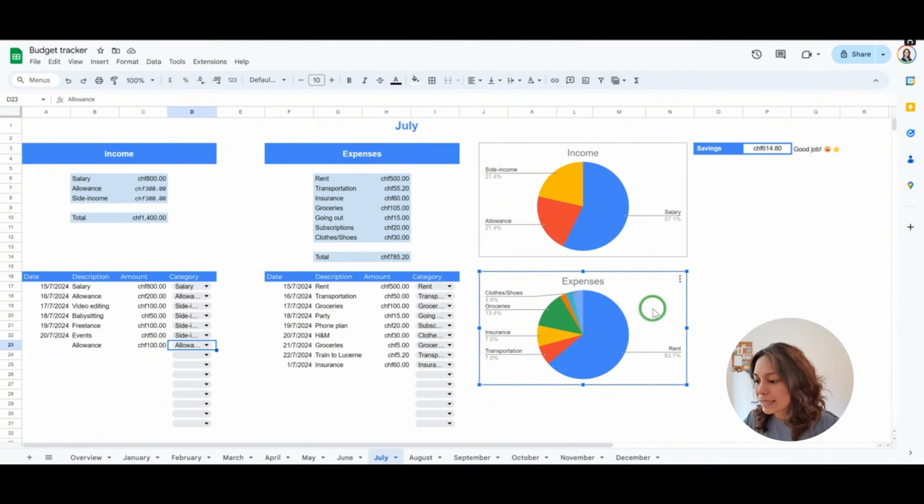And for the expenses, here I like to visualize how much of my money goes into going out, like parties or clothes and shoes. I like to see how much of my money goes where the most, and in this case it would be the rent. And up here we have a small table for savings, and what I do with savings is basically